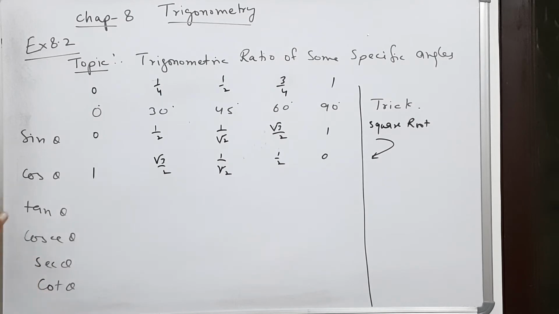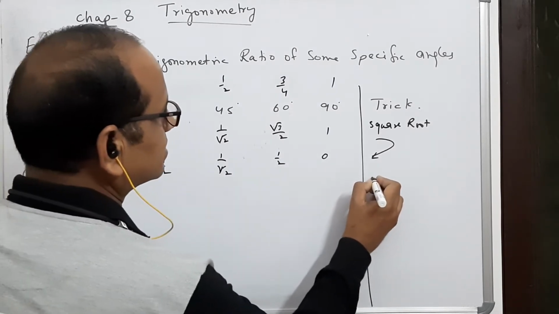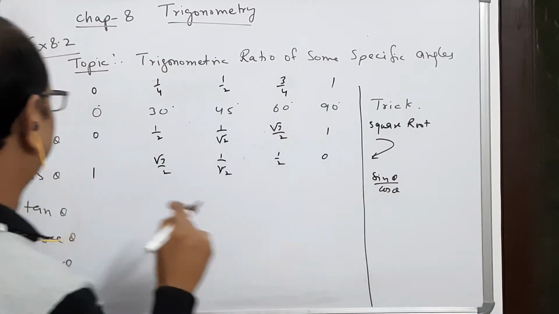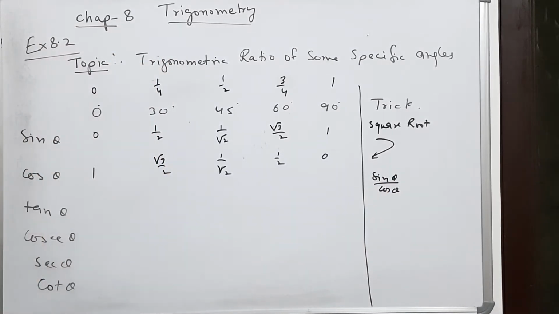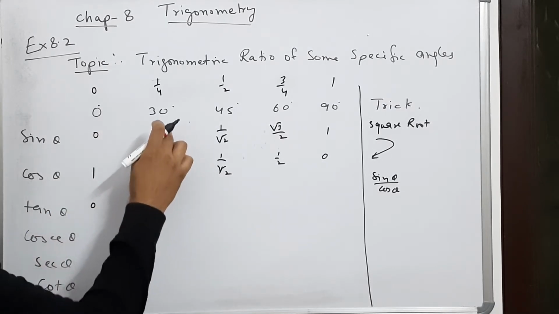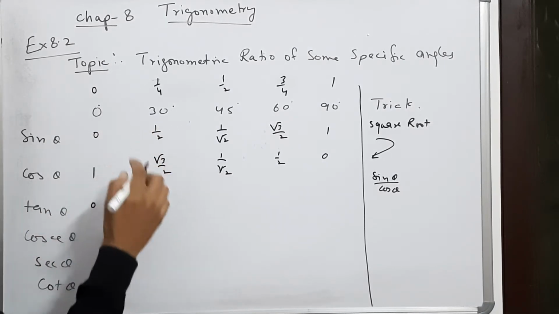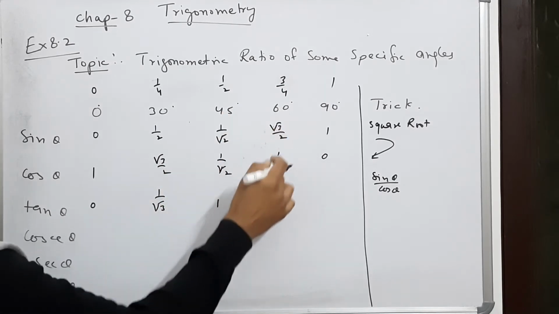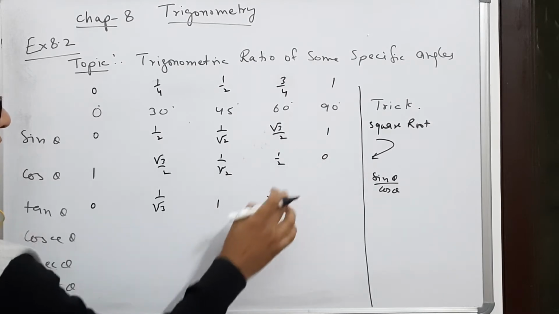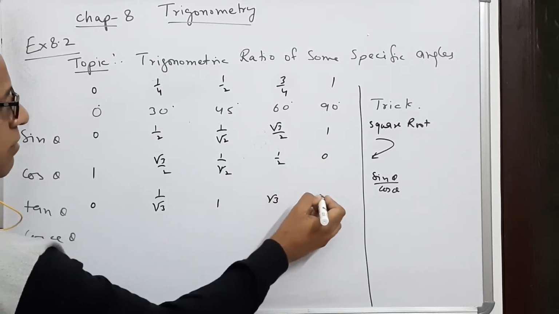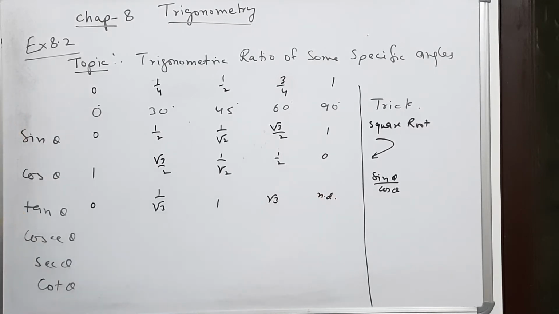In the third row, tan theta is, you have to divide sine theta by cos theta. You have to divide the first number by the second number. So when you divide 0 by 1, it will be 0. 1 by 2 divided by root 3 by 2, the 2s cancel, it is 1 by root 3. Then the full division, it is 1. 2 by 2, it is root 3. And if you divide any number by 0, it will be not defined. So in this way we have got tan theta.